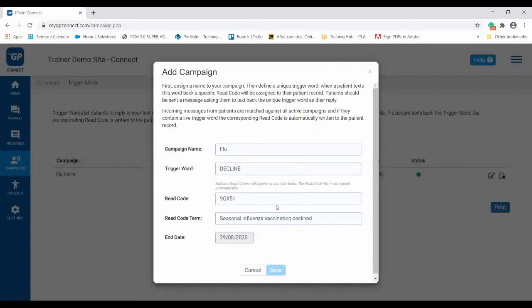But notice, now that I've put an end date in, I've filled in everything I need to, but the save button isn't available to me. That's because on my example here, I have the word decline already being used on an active campaign. Because you are going to be tying in a unique clinical code to a unique trigger word, you cannot use the same trigger word across two campaigns that are running at the same time. So you may need to use an alternative word if you are already using the word decline, for example, somewhere else. So I will use refuse as an example,